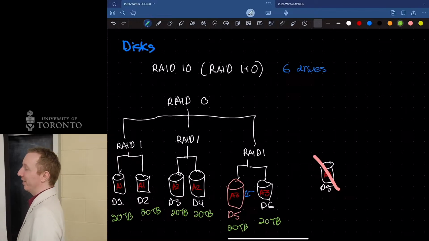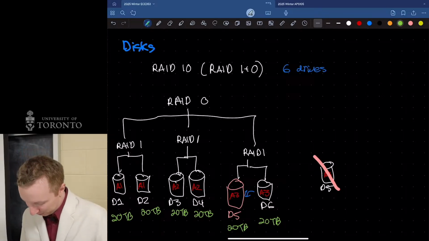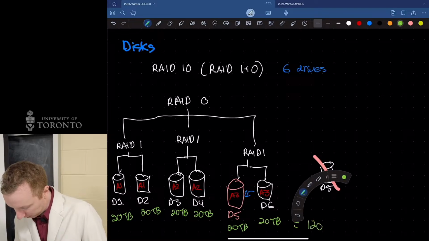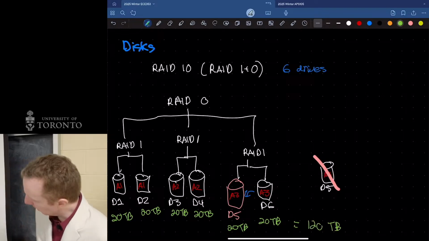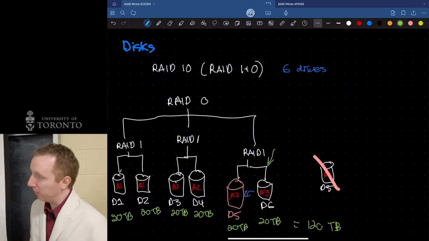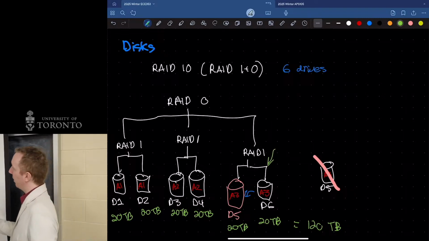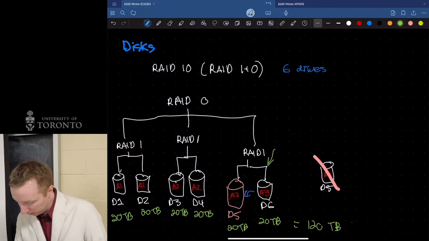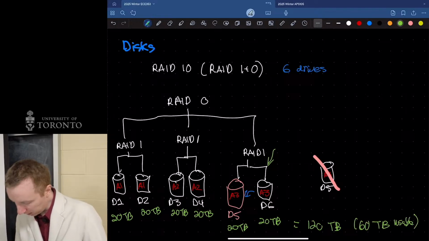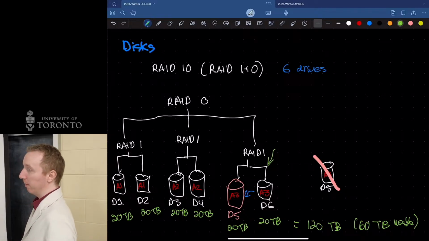Yeah, 60, right? In total I have 120 terabytes, but these two are mirrors of each other, so I have the same data on both, and I can only use half to store something useful. So I would only have 60 terabytes usable. In general, it would only be 50% of my space.